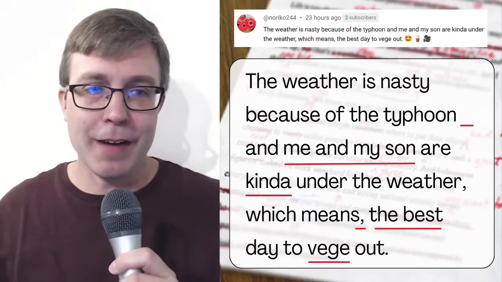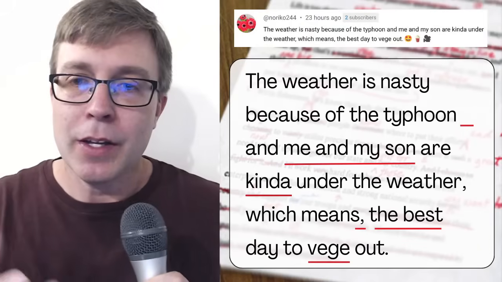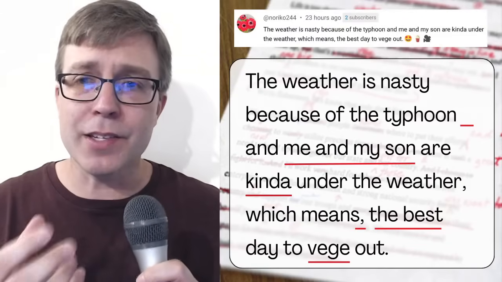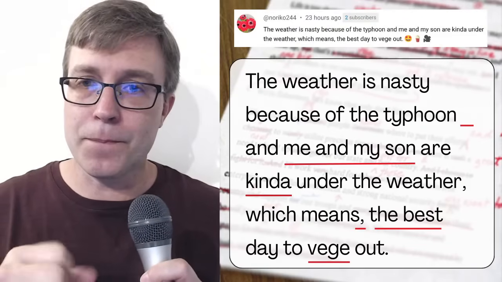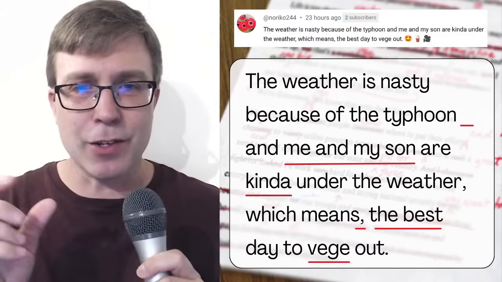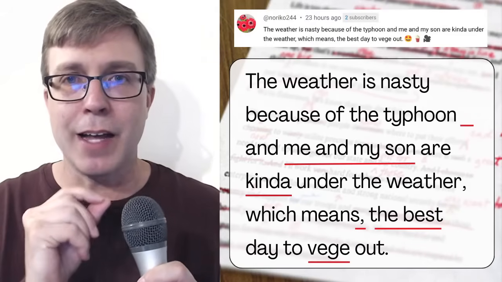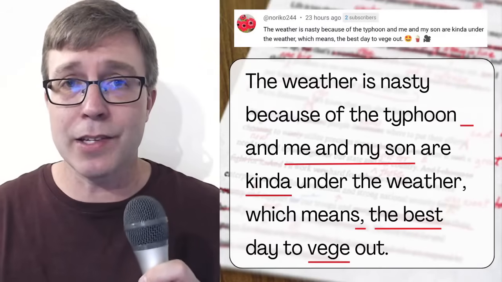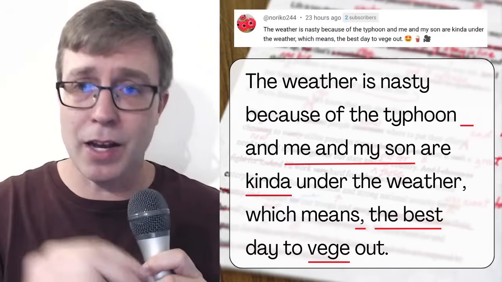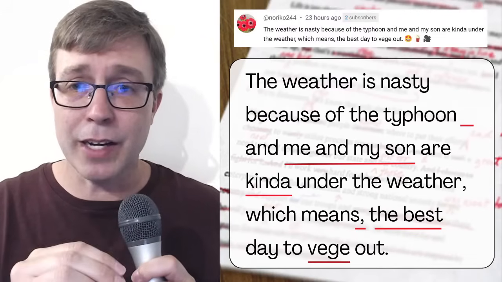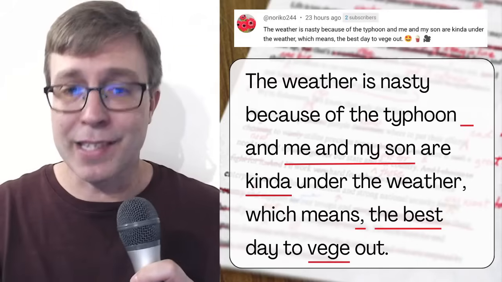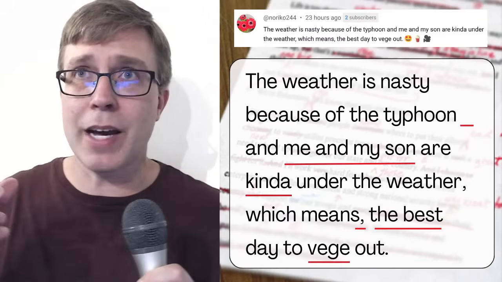Great job, Manuel, Fabio. So the first thing, instead of me and my son, this is going to be a compound sentence, because I told you that first little red line, it's missing a comma. So this is a compound sentence. Compound sentence, you're going to have a subject and a verb. So as a subject, you're going to say my son and I. My son and I. And the reason why